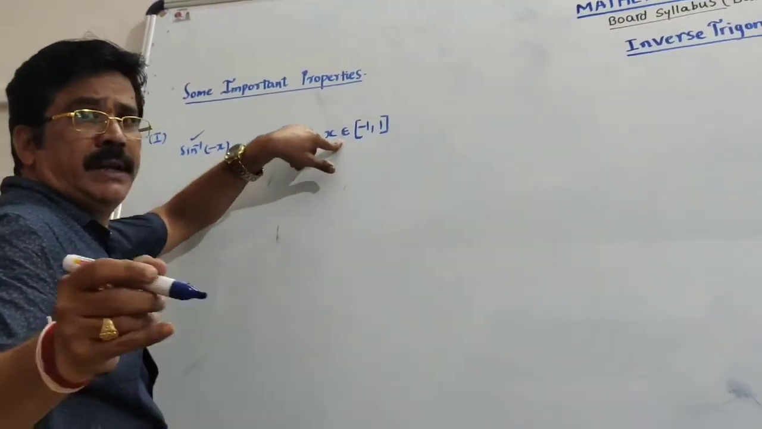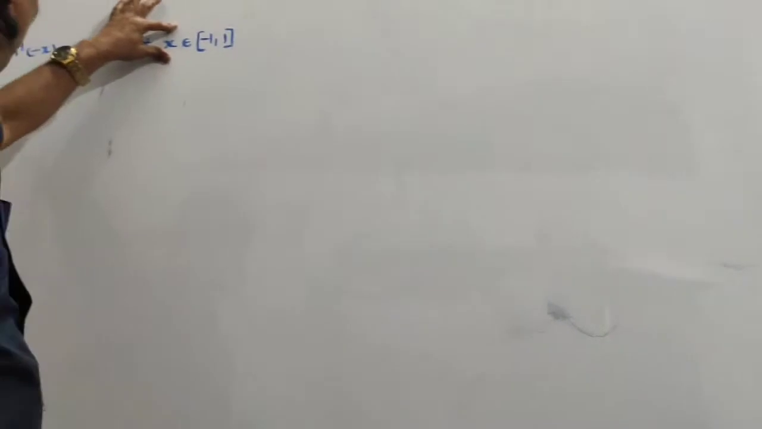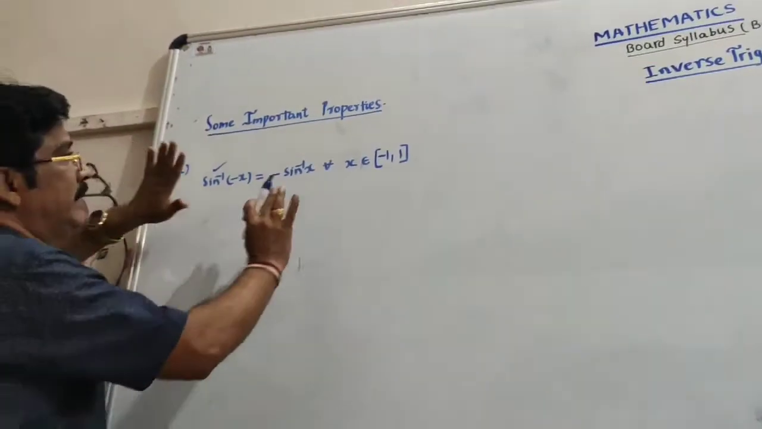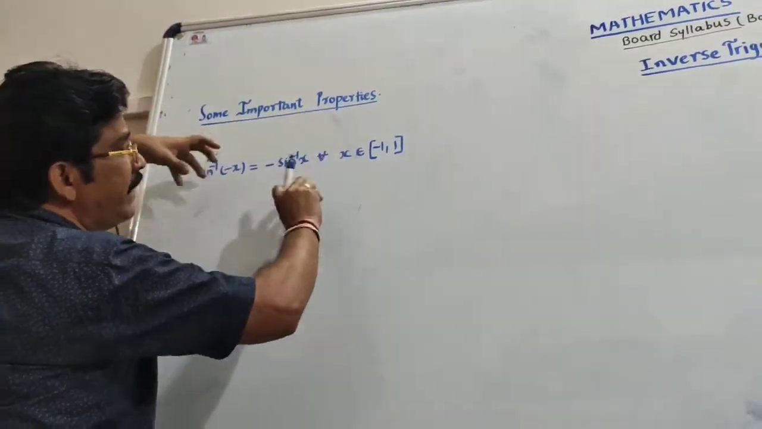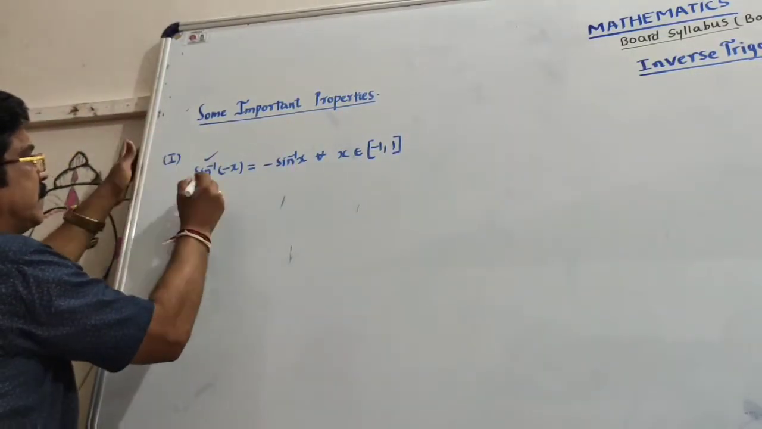So if you memorize this table, then you need not memorize it here also. Okay. So we are writing the values of x, meaning the domains of the respective functions. Okay. Next,